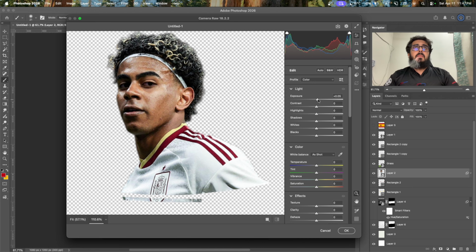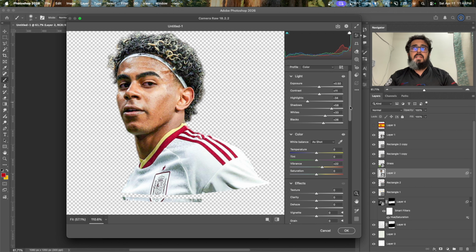So I'm going to pump up the exposure a bit on here, the contrast as well, going to reduce the highlights, going to pump the shadows up so that his eyes and his features are a bit more visible, pump the whites up a bit as well and the blacks as well. That's how I like the design to be in the specific